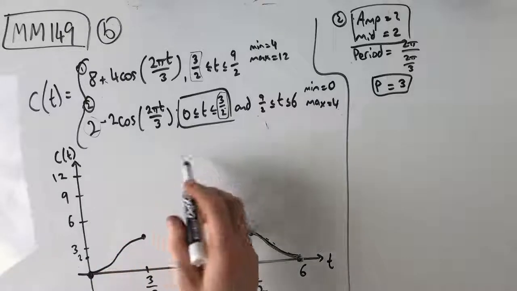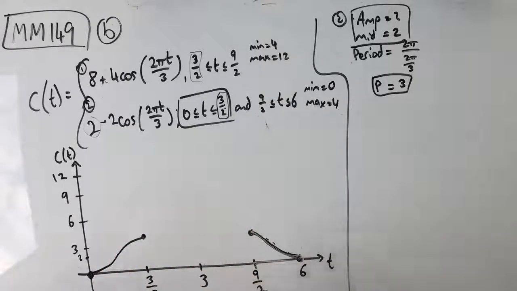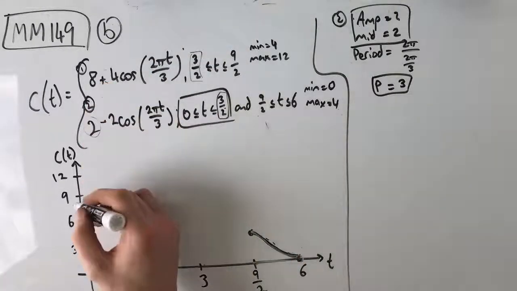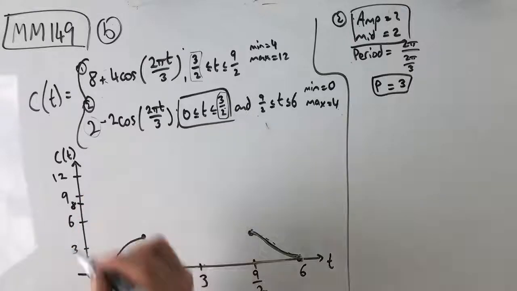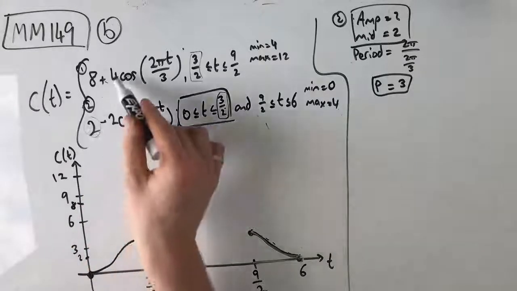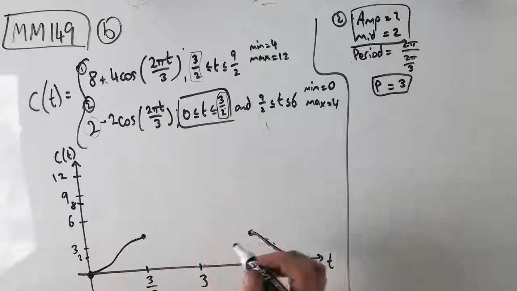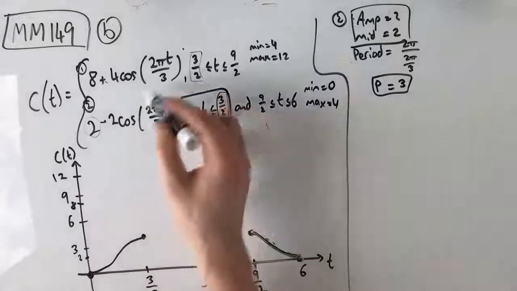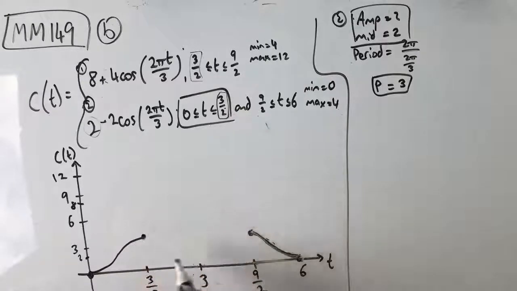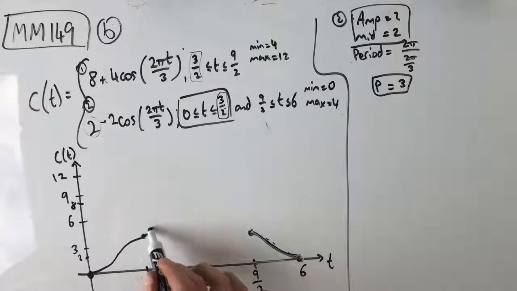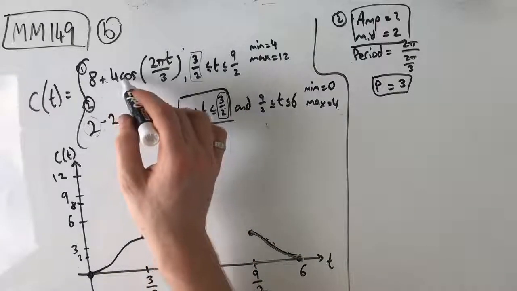So this is the concentration of the venom in his bloodstream. So what we need to do from here is now sketch this graph. Our middle of this one is 8, so this is our midpoint, 8. Our amplitude is 4, and our maximum is 12. So we know that these two functions are continuous, right? So we know that there has to be a point of intersection here somewhere. This is a positive